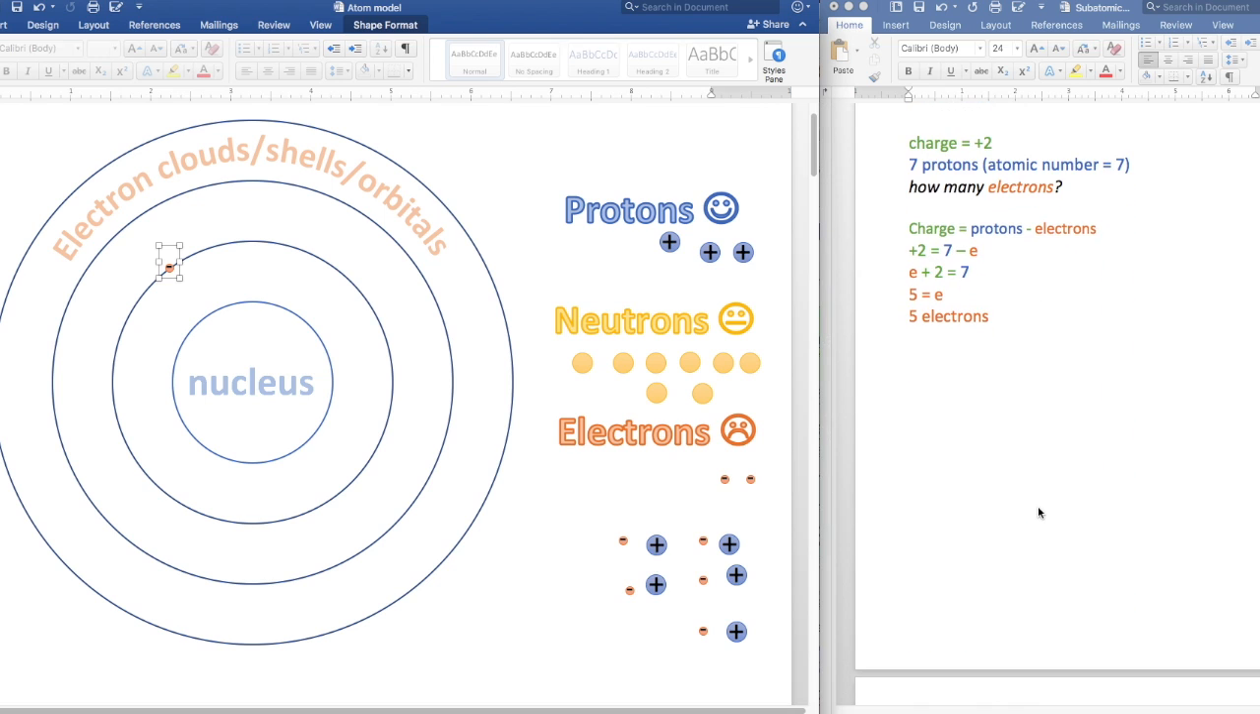Another way you could be given a problem like this is they tell you the charge and they tell you either how many protons or how many electrons, and you have to calculate the other one. So in this case, we're trying to get to how many electrons. I'm going to start out by taking all the electrons out and putting these 7 protons in,